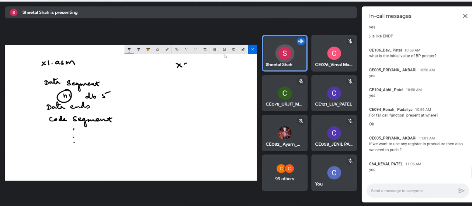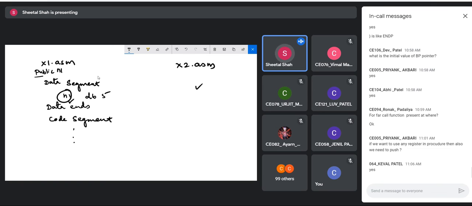I may have one more module x2.asm. Let n1 be my variable which is declared in x1, and n1 can be used in this also. If I link these two, I can use the variables interchangeably. So what I have to do is declare this n1 public. I have to write public n1. Are you able to get it? Here I am indicating that my variable n1 is public, fine.